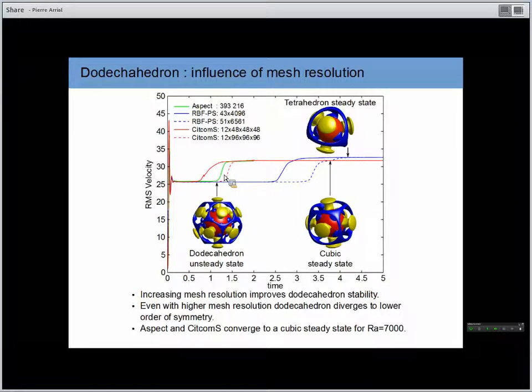So we can also compare these results as a function of time. So as you remember for the